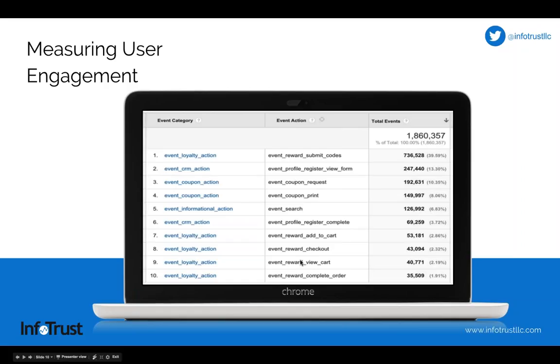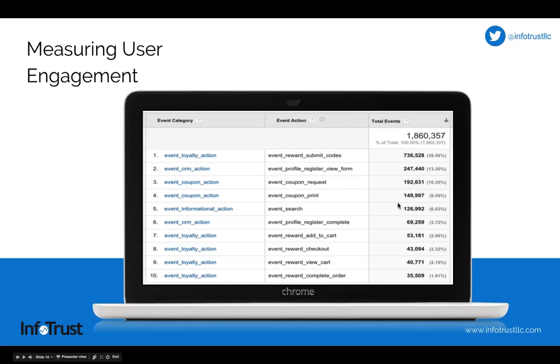So you can see in this example that I took from a client, it's pretty clear the category and action of user interactions, what people are doing. The most volume here is submitting discount codes or registering, getting some coupons, etc. So these things are being actively engaged by users.